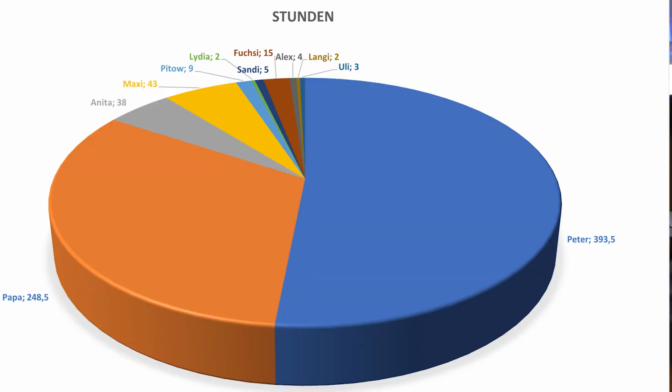Did you work on the plane? Yes, of course. For how many hours have you been working on the plane? Let me answer with some graphics. As you can see here, these are the build hours of each person worked on the plane. All in all, we have made